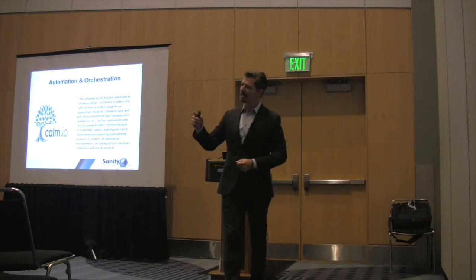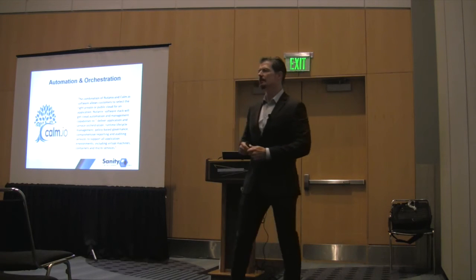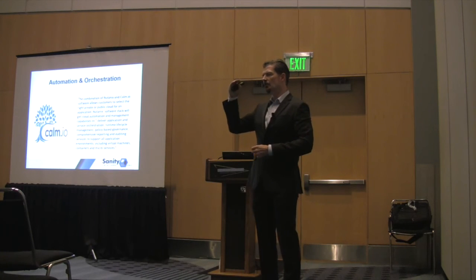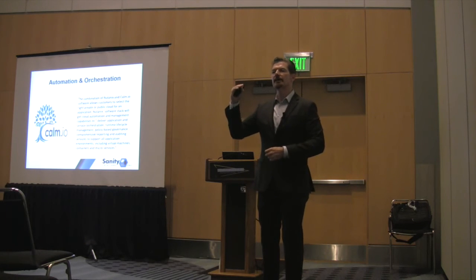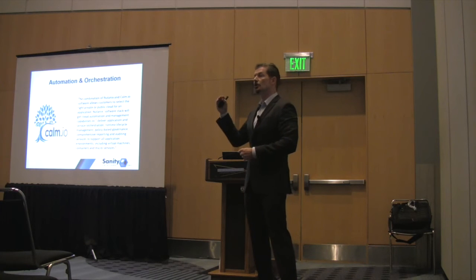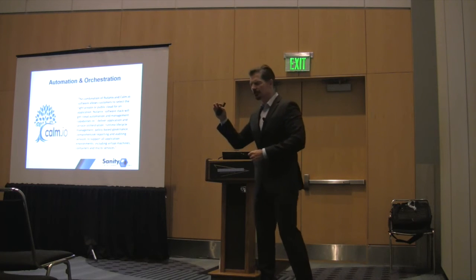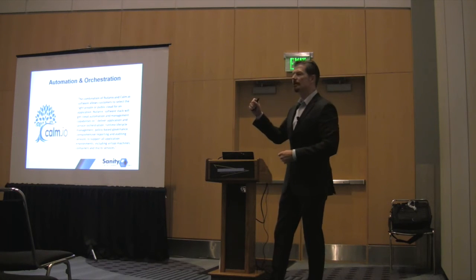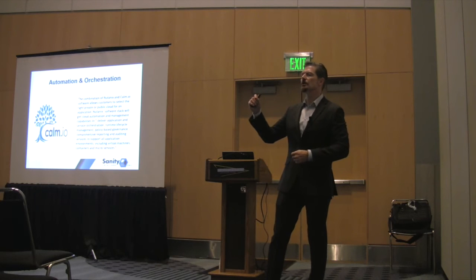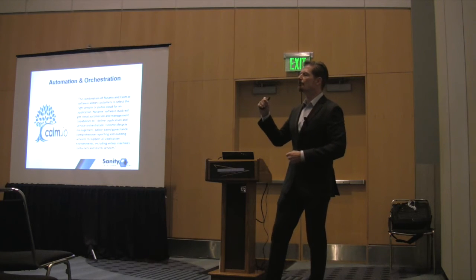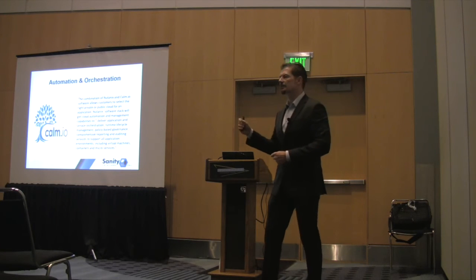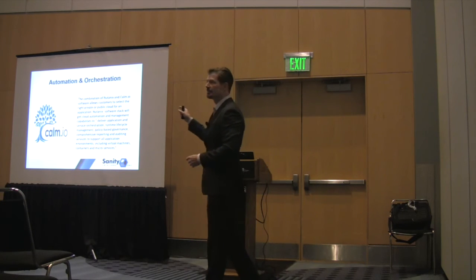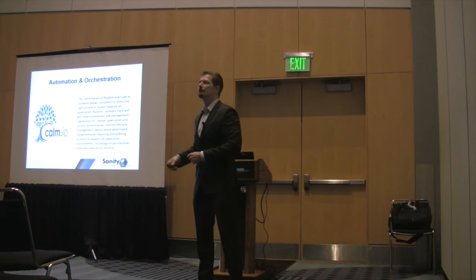The next kind of movement here is going to be, I don't want to keep a lot of overhead capability on premise, right? I want to have the ability now where I can do something called cloud bursting. We'll talk about that a little bit more later. But I can leverage external clouds for bursting capability. So when I have spike demand in I/O, I can actually go out through this orchestration layer and get more resources.